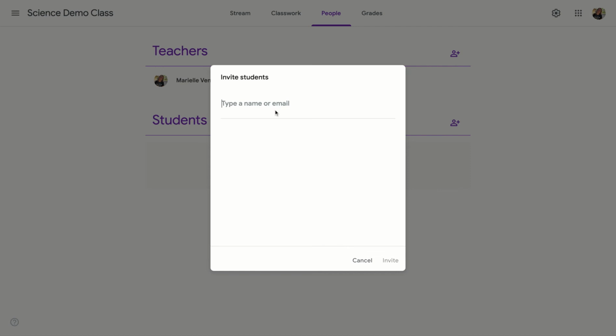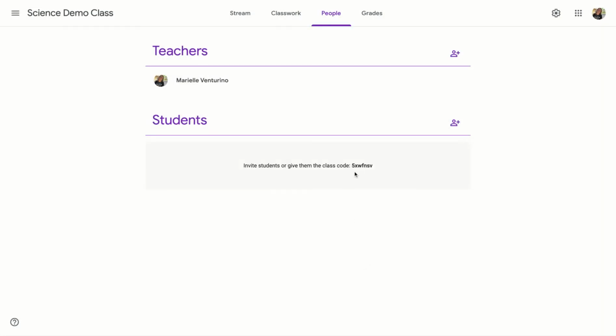So if you know a student's email address, you can type that in. It's a little cumbersome when we have so many students, so giving them a join code, you can either post it in your classroom or message it out to students depending on what format we're teaching in. You can give them this join code. They will type it in the Google Classroom homepage. When I went to create the class, there was an option for join class, and they would type it in there to join that class.